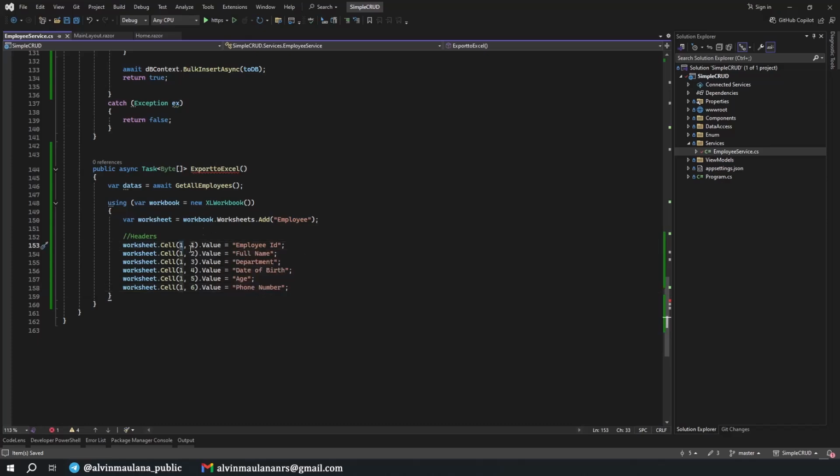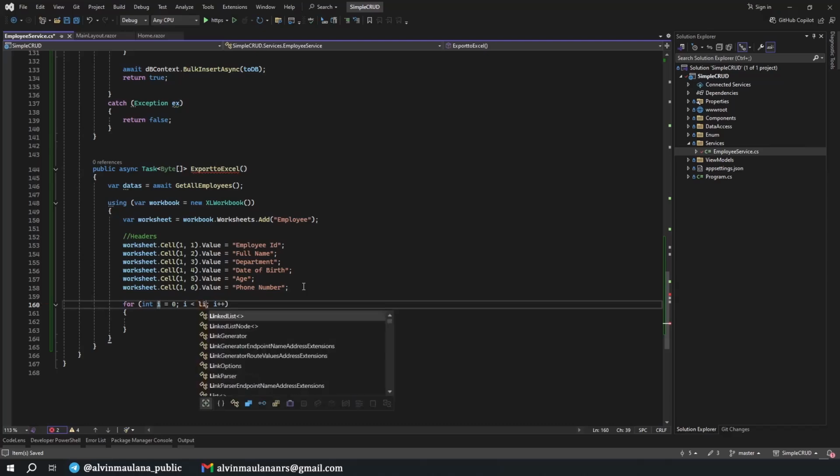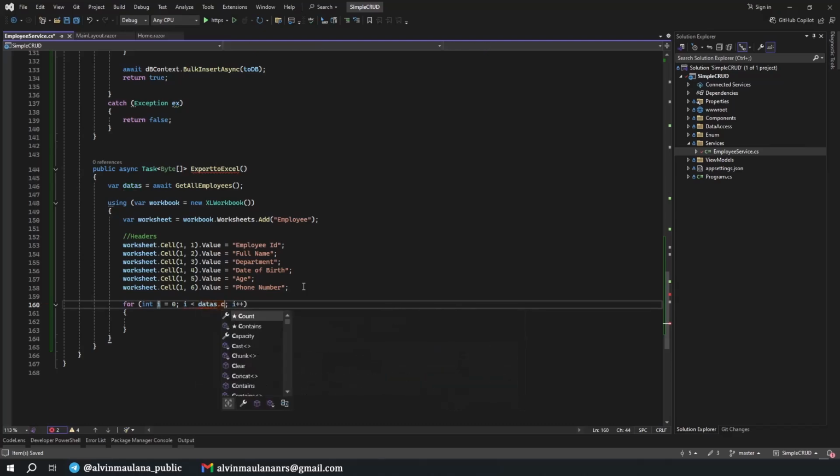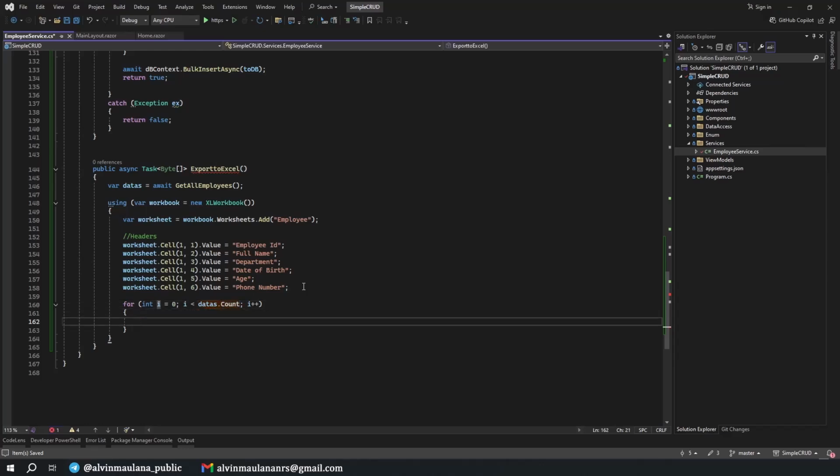Okay, this one for header we define manually, and this is on the row 1 on the Excel file. And then the data we have in database, we will show from row 2 until all the data is complete. So for i equals to 0 and i less than datas count. Okay, what we do in here, we will have a worksheet cell.